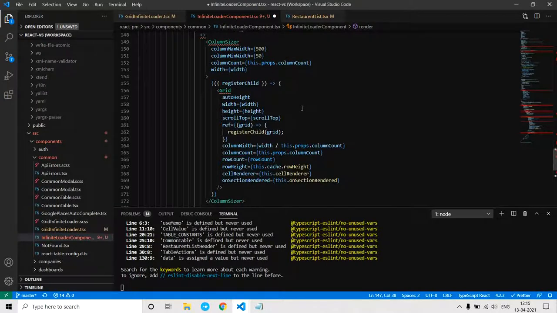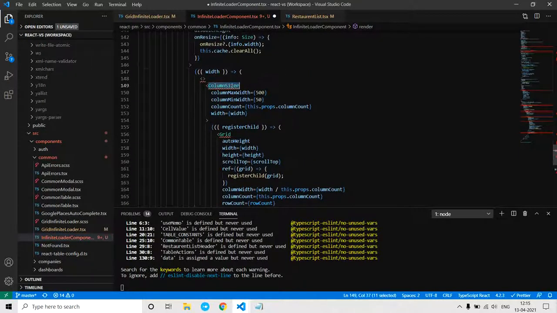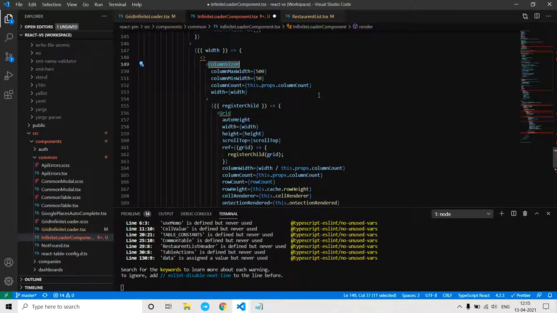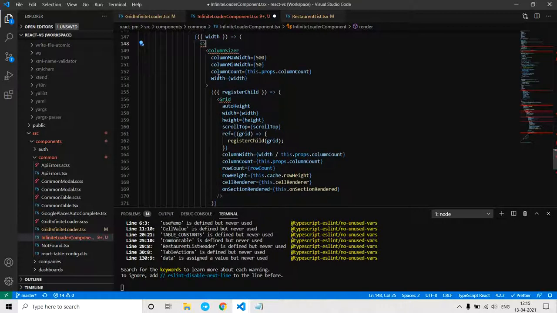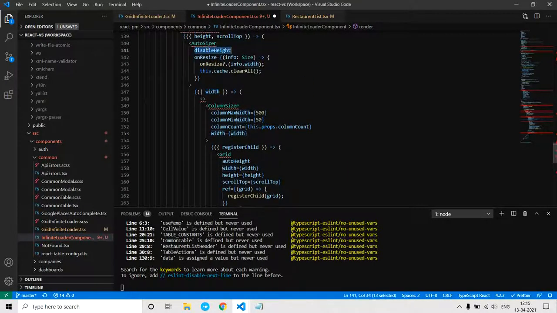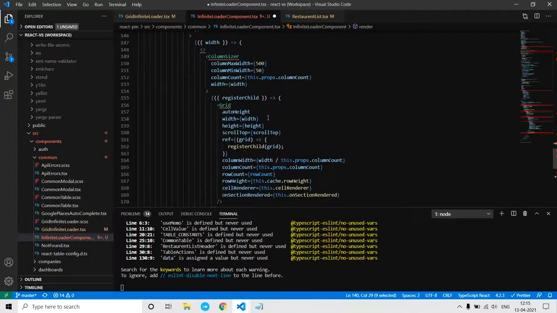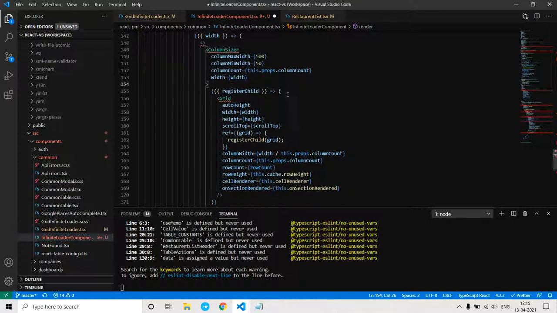Next we get this ColumnSizer. Again, this is a component from React Virtualized, helpful in adjusting the width of the column. And you see we are passing the new width, which is given by AutoSizer, to resize the column automatically.